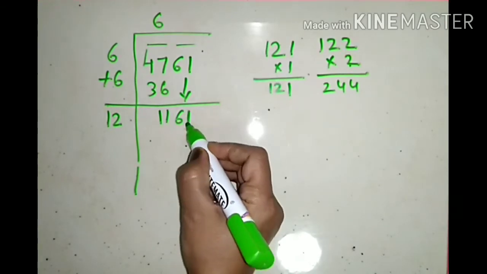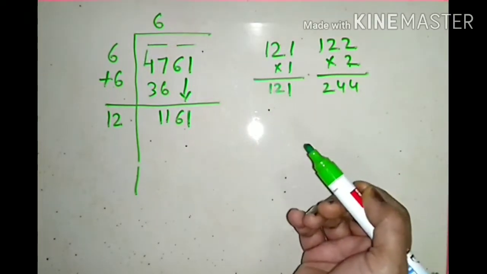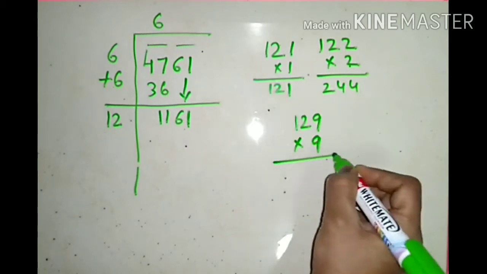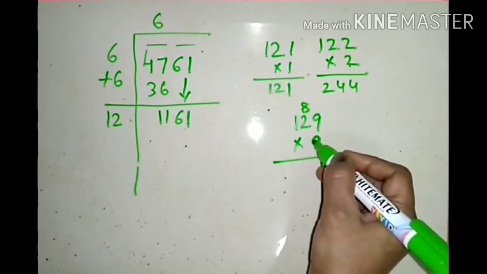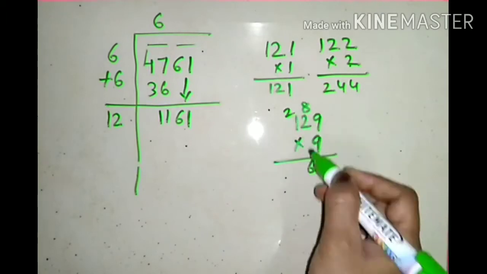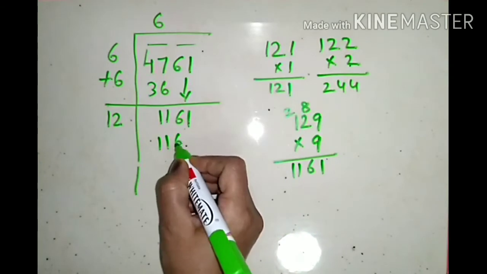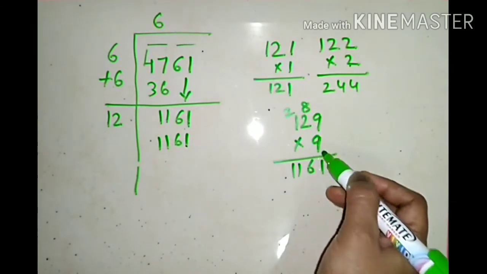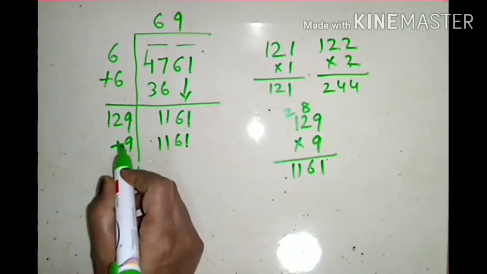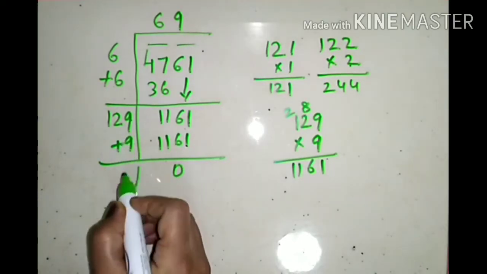We have to come closer to 1161. So we have to think, when will I get 1 again? 1 is for, if I write 1 here, another one is 9 9s are 81. So 129 into 9, 9 9s are 81, 9 2s are 18, 18 plus 8 is 26, 9 plus 2 11. So I have 1161 number. I have used digit 9, so I will write it here, and I will add the same thing here. This remainder is 0. We add these two.